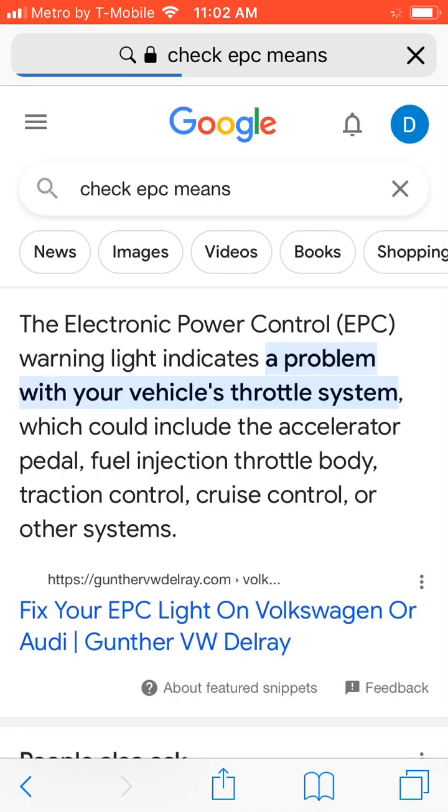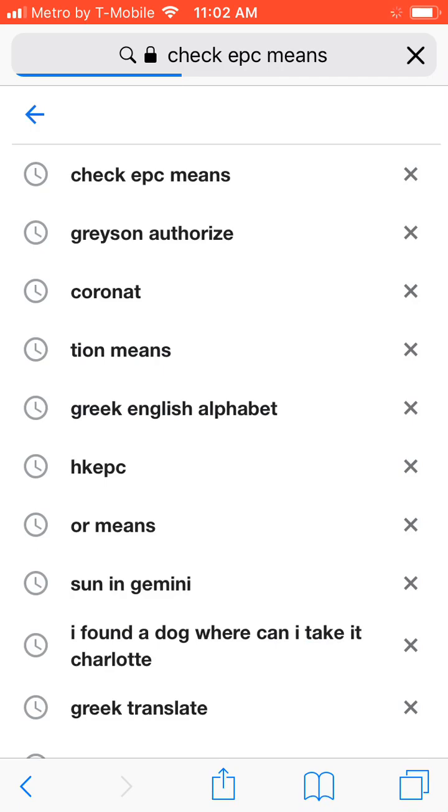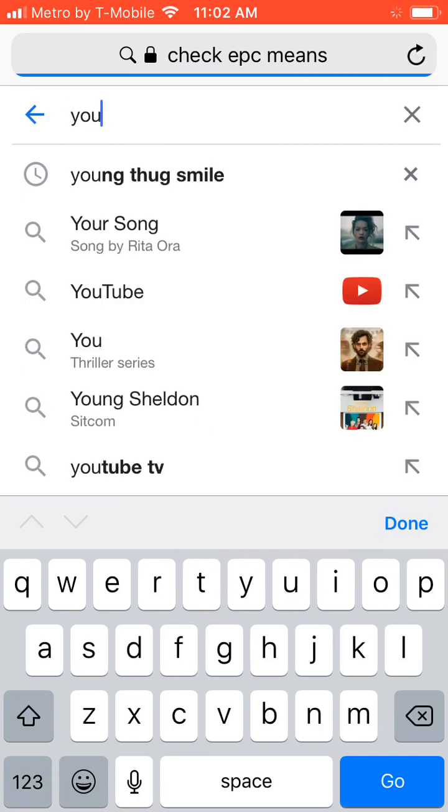Now my phone is tripping out because they got me. This shouldn't be doing this, and I'm not on YouTube. But since I've been on YouTube and it's connected to this phone,